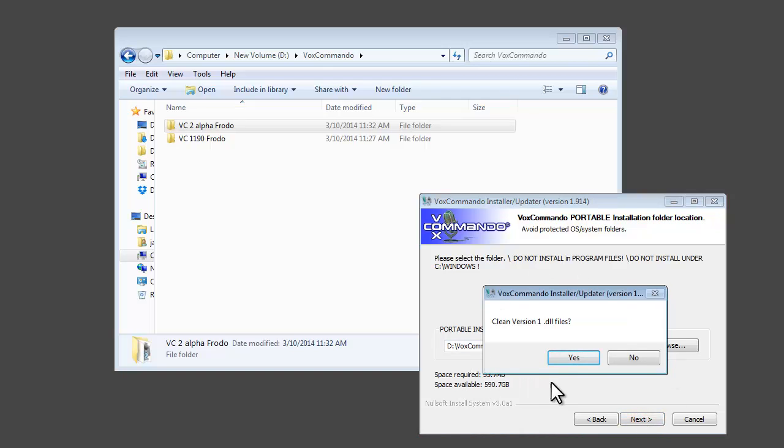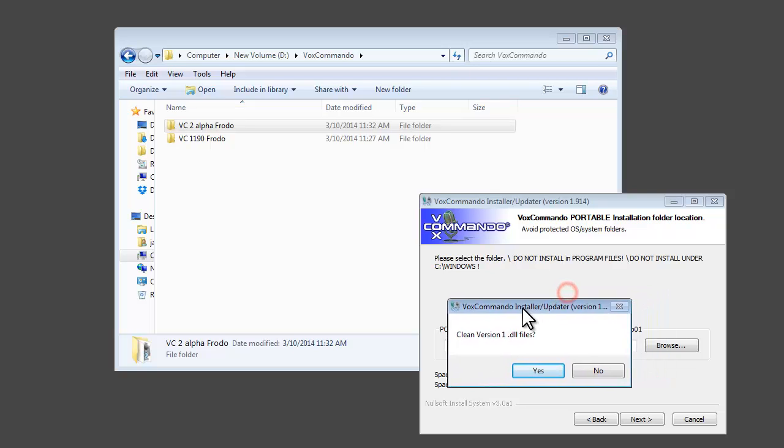Now, anytime you're doing an upgrade, it's a good idea to clean out all of your old DLL files in case some of them have been moved or changed to new versions. So I've made a little tool that makes this really easy, and it'll detect if you're installing into a folder